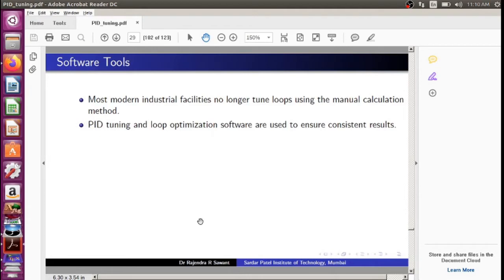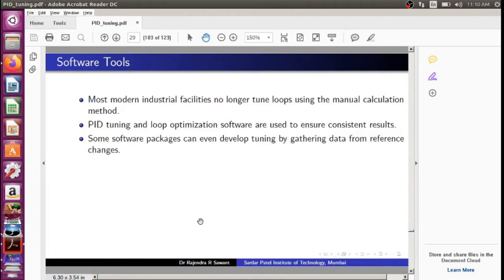PID tuning and loop optimization software are used to ensure consistent results. Some software packages can even develop tuning by gathering data from reference changes. That means software is being used to carry out certain experiments automatically: change certain parameters, observe the output, then fine tune the PID controller by taking feedback from the change in the output.